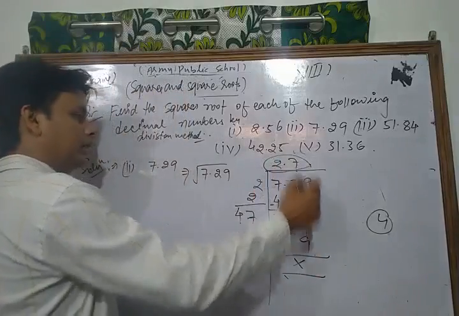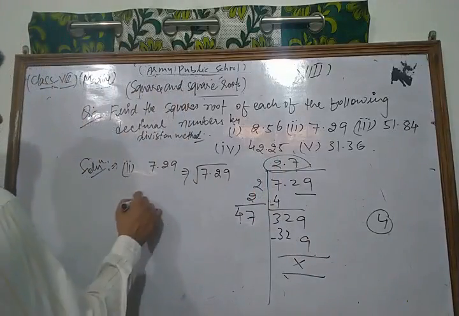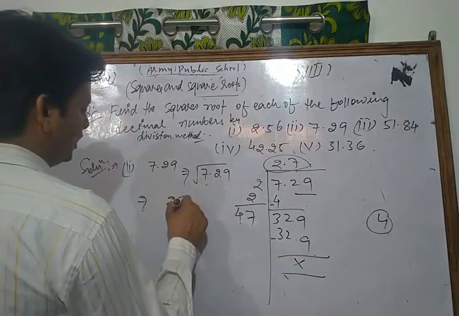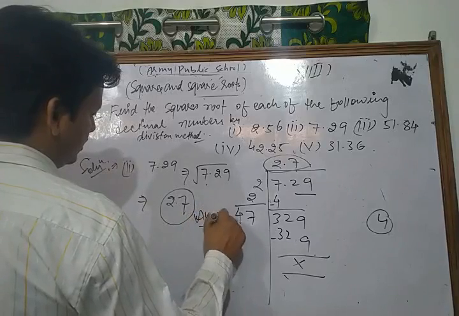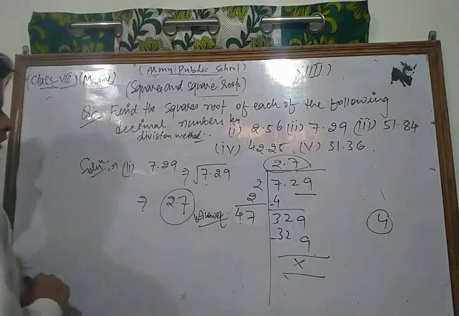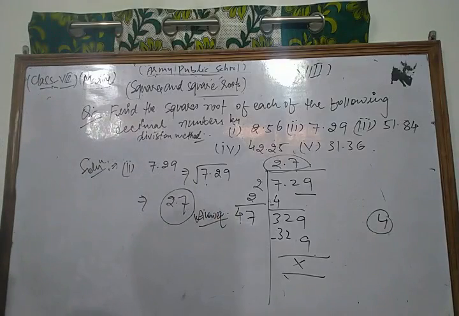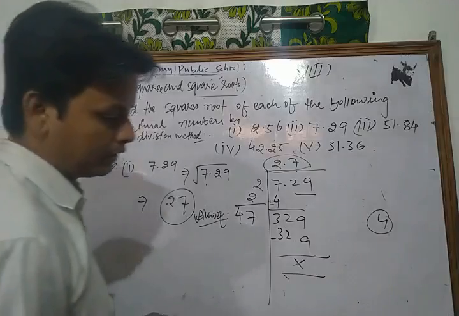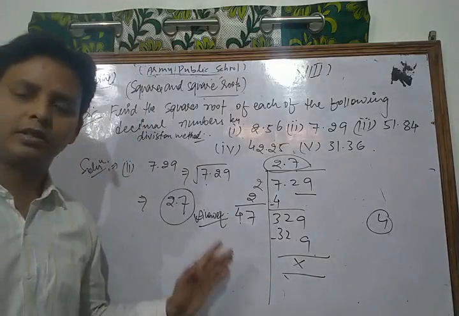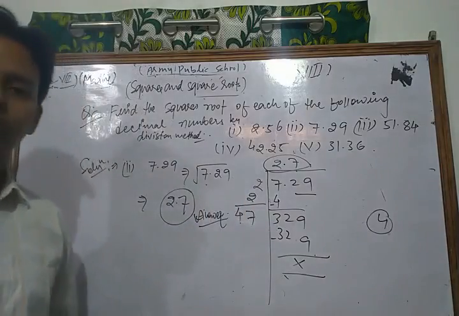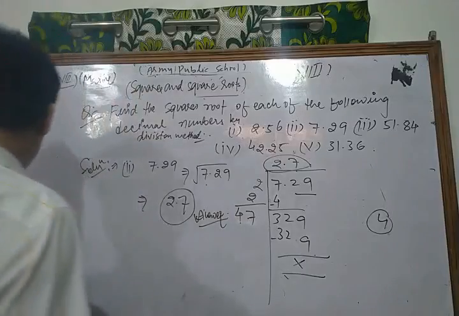Thus the final quotient is the required square root of the given number. This is 2.7. This is the solution of the given question. Okay, this is one of the most important questions of your syllabus, so please, dear students, do more and more practice of this type of question. Similarly, we take and solve the next part of this question. Let's see.